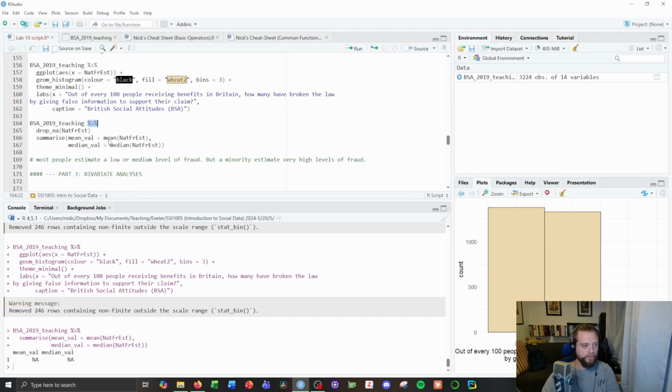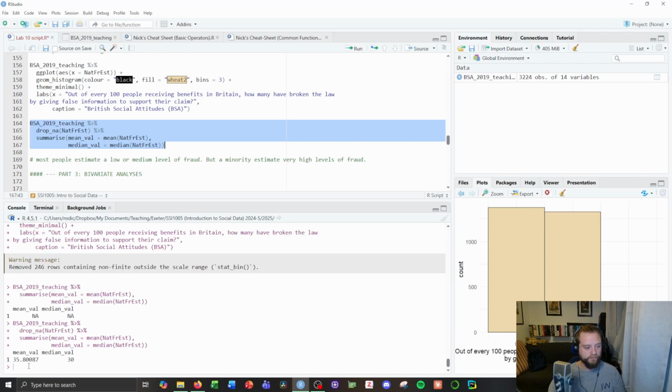We'll add a pipe. So we are dropping missing data and then summarizing the mean and the median. Okay, so my mean is 35.8 and my median is 30. Now this is always going to be the case. So if I've got data which is skewed in this way, my mean is always going to be greater than my median. So my median will be a bit lower, but my mean is being dragged higher by these outliers